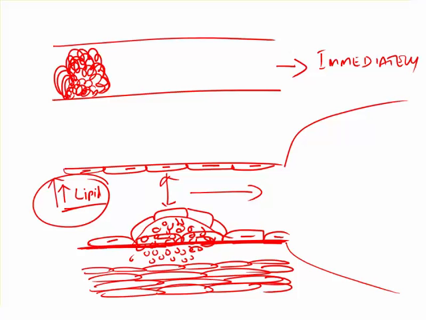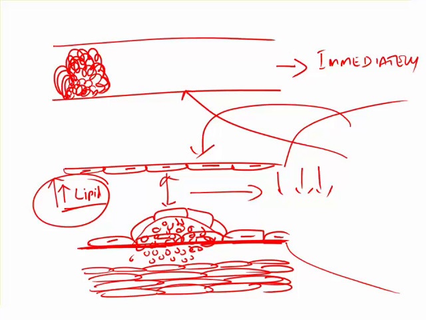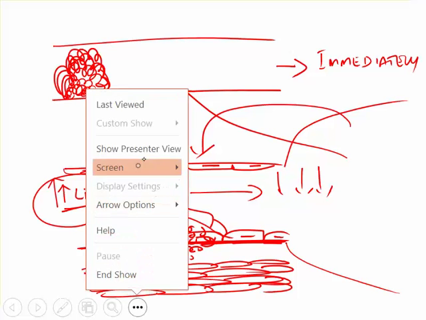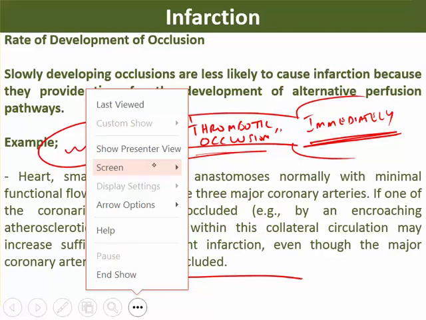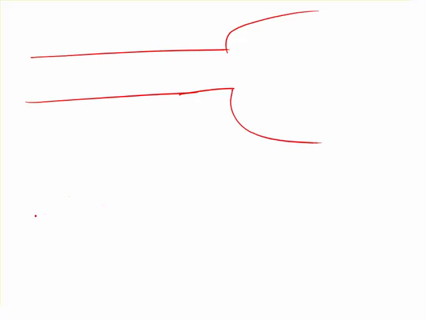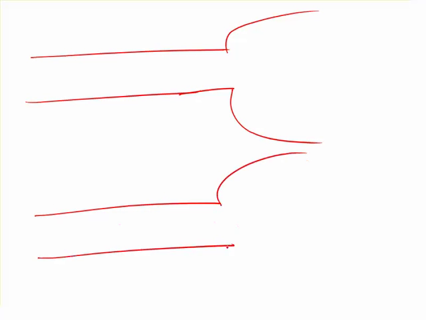Okay, the blood flow slowly decreases, right? When the blood flow slowly decreases, this heart muscle sends a signal to this blood vessel to develop branches. For example, this heart muscle sends signal to this blood vessel. I will draw once again. See, now this is heart muscle, this is another heart muscle, receiving the blood supply, and this guy